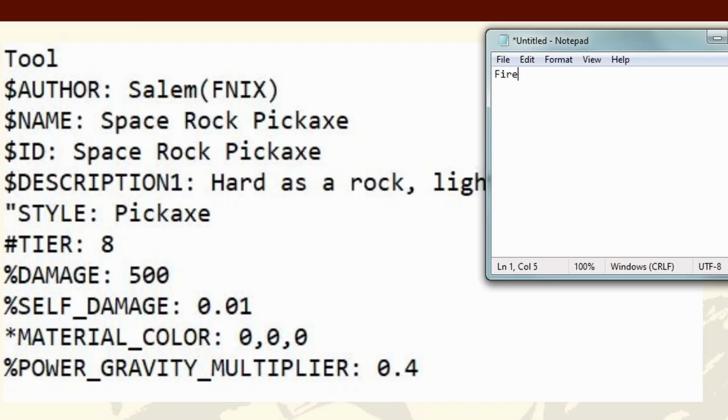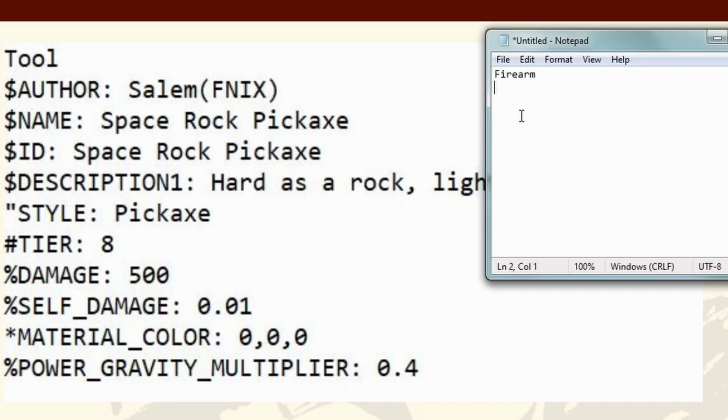Let's make a firearm. This is all listed on the written guide. You don't need to memorize anything. The first line decides what type of tag we're making, and then once that is defined, there's a specific list of keywords you're allowed to use for each tag type. So firearm